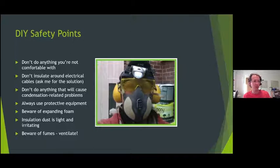There are some ways to insulate houses that can cause damp problems. And again, if you're not sure, I'm happy to explain where the risks are around that. It's always worth using the right protective equipment. You don't necessarily need as much as this guy is wearing in that photo. It depends what the job is. If you're using expanding foam, be very careful. It sticks to absolutely everything,